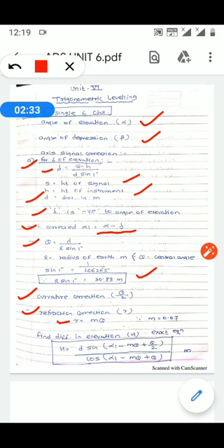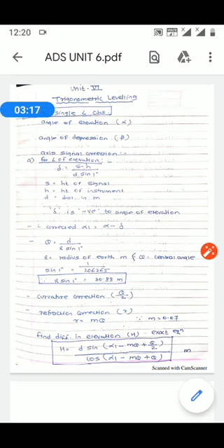Then the last formula is to determine the difference in elevation. Difference in elevation means nothing but the value of capital H. To determine the value of capital H, we have again one simple formula, that is H is equal to d sine of (alpha 1 minus m theta plus theta by 2) upon cos of (alpha 1 minus m theta plus theta). The value of H determined is always in terms of meter. Keep in mind, this is very important. So again focus on the same formula to determine the value of H. That formula is also called the exact equation.